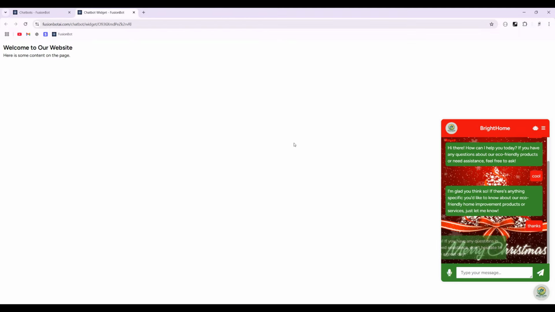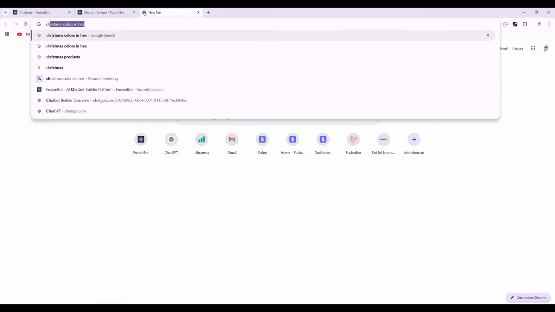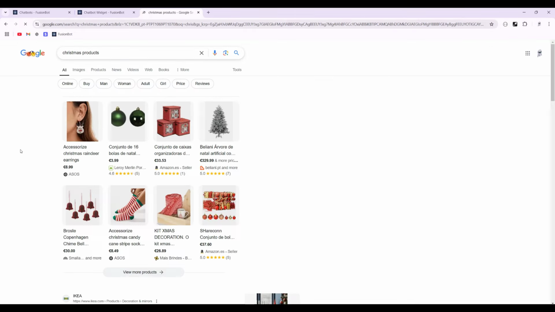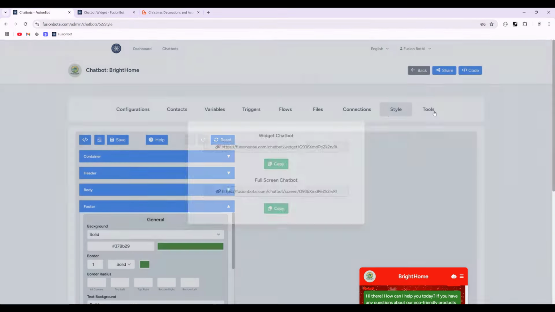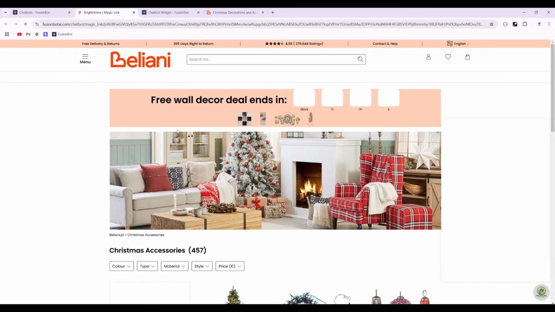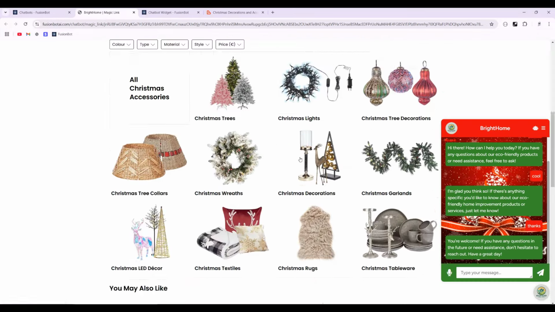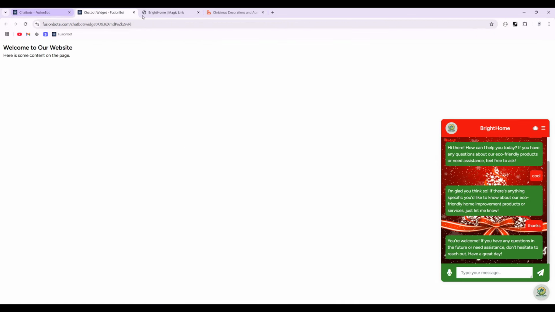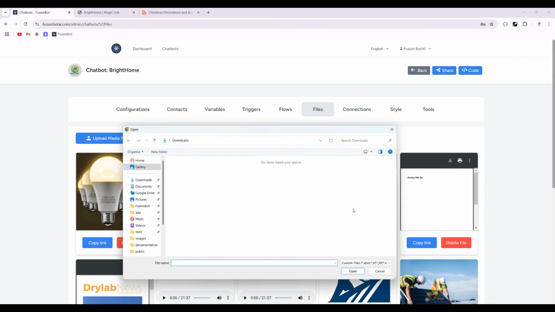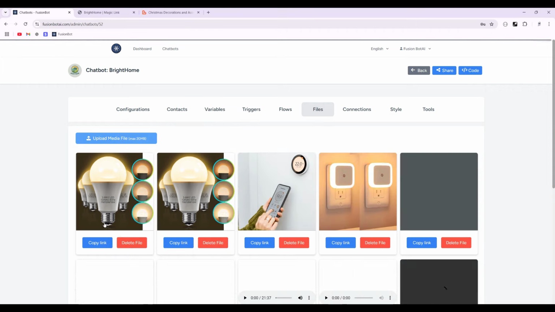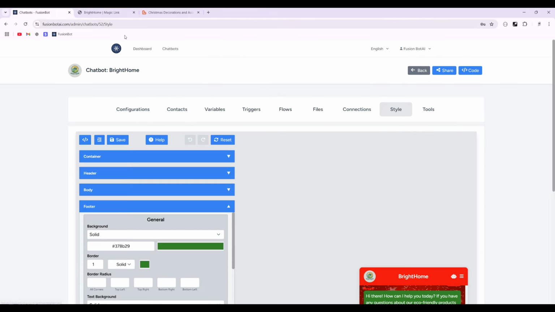Okay. It will look like this inside our website. See, this. Okay, this website looks nice. So I copy the URL, then go to tools, magic link. Okay, it looks nice. What else? One second. I can get files. Let me upload one. Come on, I have nothing here. Okay, let's try again. This one, copy link, then get back to style,